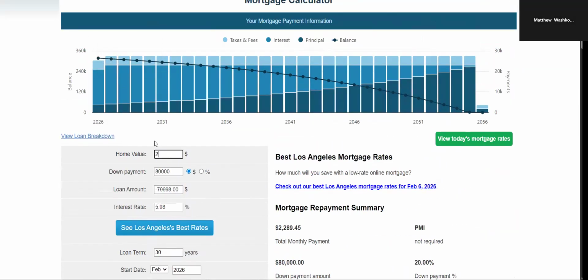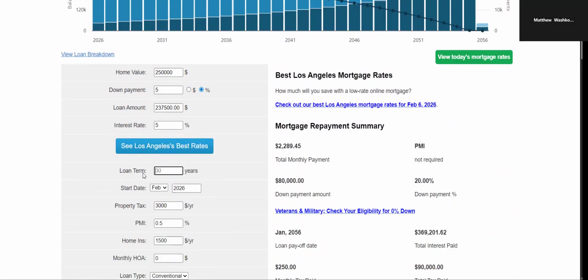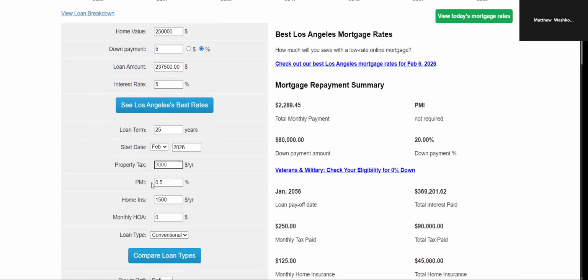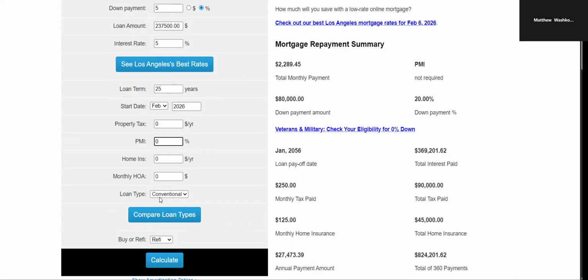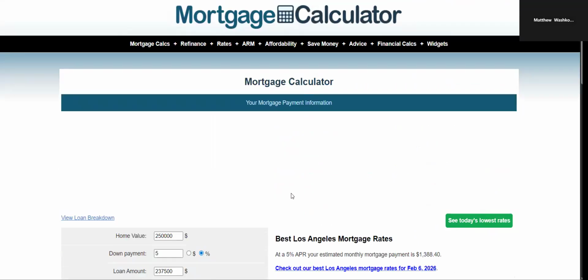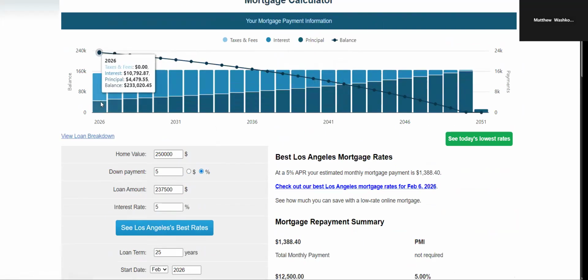So home value was $250,000. I'm saying 250 this time because it has the down payment built in. It's a 5-year interest rate. It's a 25-year loan term. We're not going to bother with any of this stuff here. So we are going to do calculate. And if you look here, so for the first year,